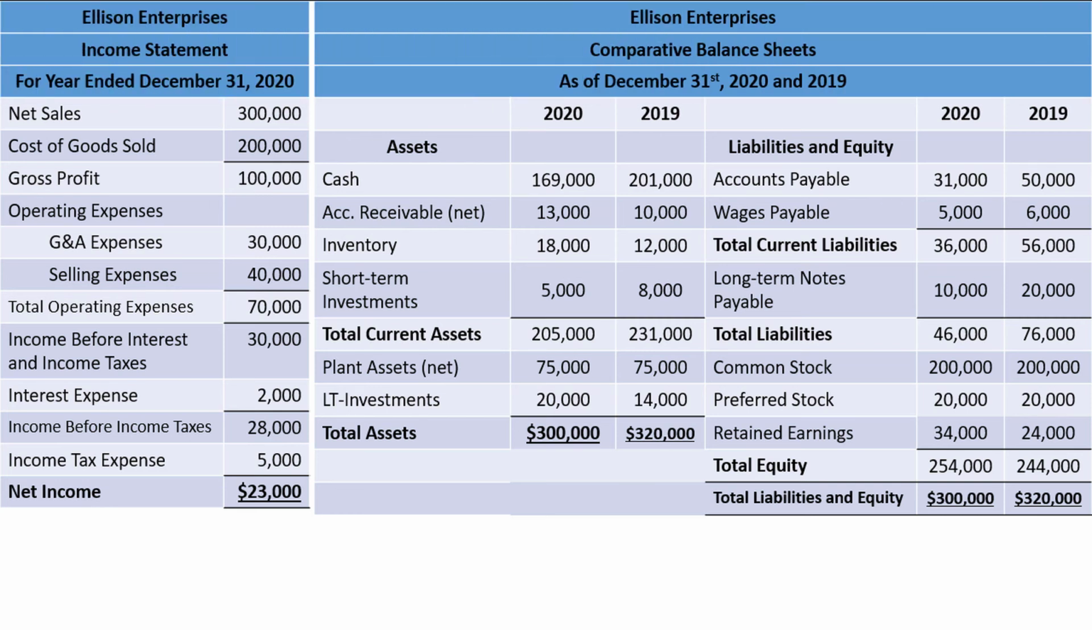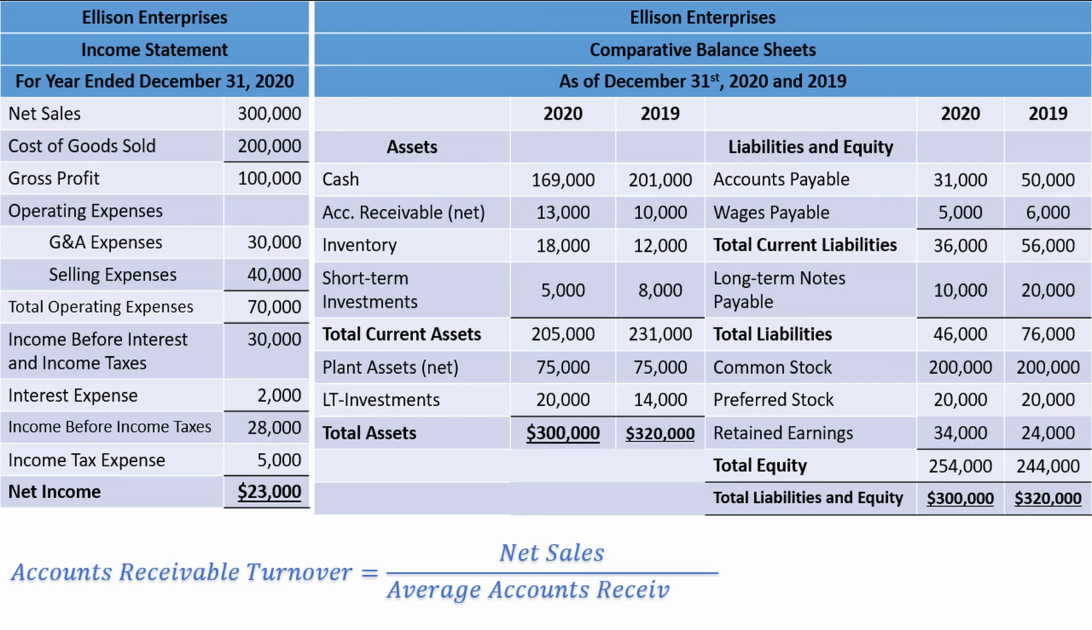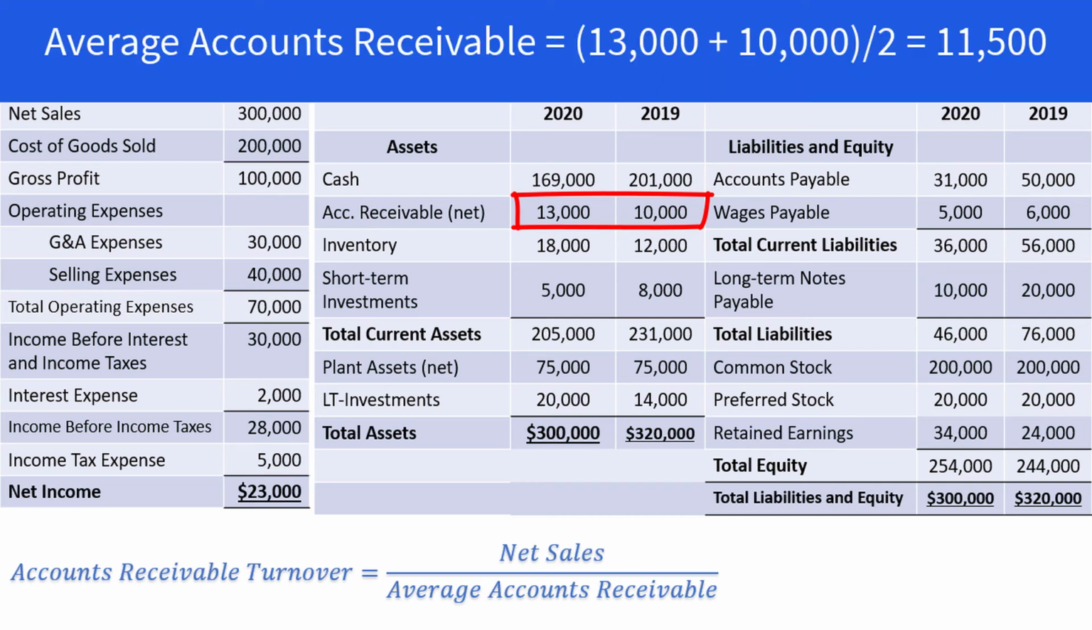The third liquidity ratio we have is the accounts receivable turnover, which can be calculated by taking the net sales and dividing by the average accounts receivable. First, the average accounts receivable is just the average between the 2020 and 2019 amounts, which are 10,000 and 13,000. We can find the average by adding these two values together and dividing by 2, which gives us 11,500. Then we can take the $300,000 of net sales and divide by the 11,500 to get the accounts receivable turnover,